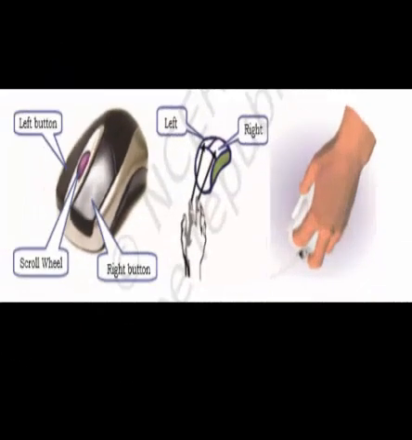Children, let's read about the pointing device, mouse. A mouse is a pointing device used to point to a particular place on the screen and select to perform one or more actions. It can be used to select menu commands, resize windows, select actions from screen icons, and so on. A mouse primarily comprises three parts. You can see the left button, right button, and scroll wheel.